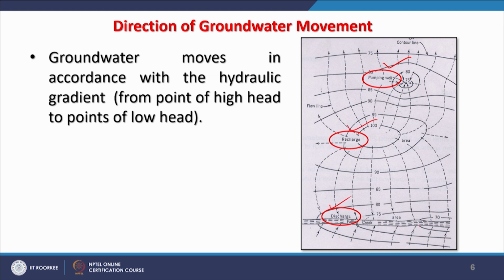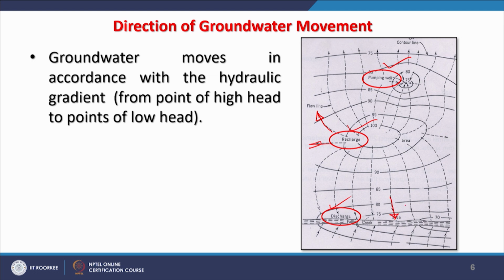that is discharged into the river. So these nets would have completely different shapes and sizes. The groundwater moves in accordance with the hydraulic gradient, that is, from high point to low point. So in case of recharge, you see these arrows are going away, whereas in case of discharge